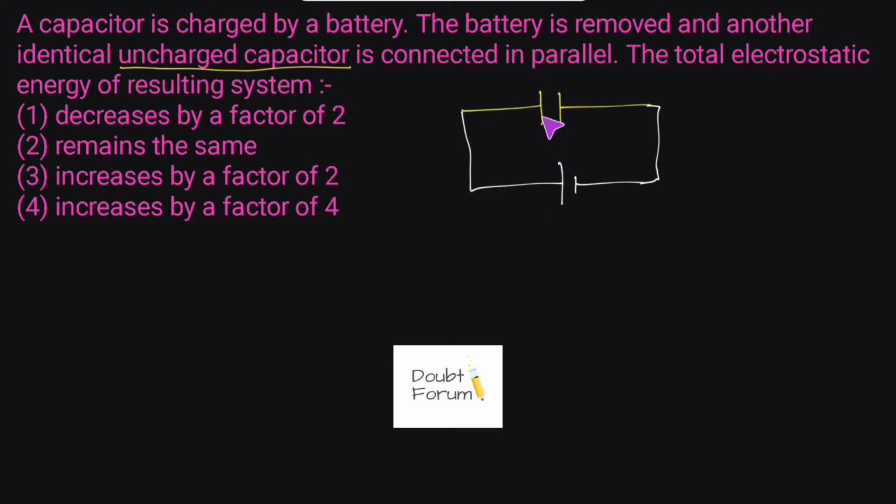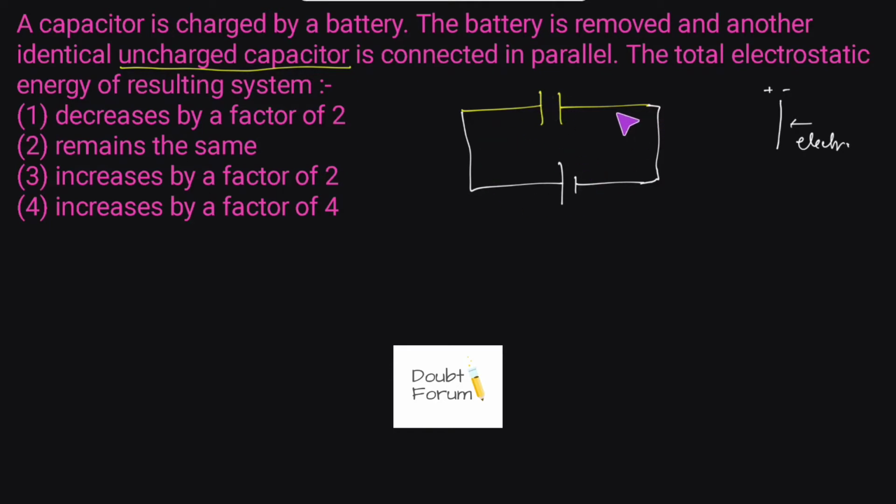So whatever the negative charge is here in this battery, look what happens. Initially, whenever there is a conductor, there is an equal amount of positive and negative charge. So we can say that this material is electrically neutral, because the total amount of positive charge is equal to the total amount of negative charge. So same thing is with each plate of the capacitor. Initially the amount of charge in this capacitor is 0, or we can say the net charge in this plate is 0, because the number of positive particles is equal to the number of negative particles.